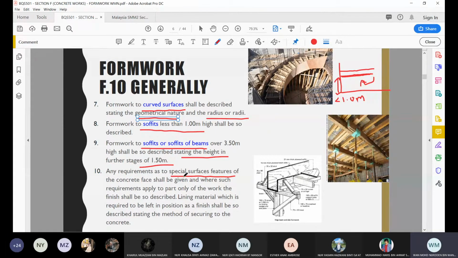Okay. Sebab tu ayat dia kat sini, special surfaces. Features of the concrete shall be given. And where the requirement applies to part only of the work of the finish, it shall be so described. Katakanlah kita